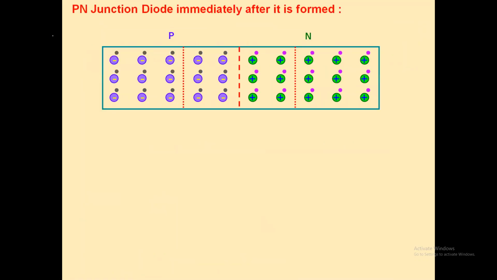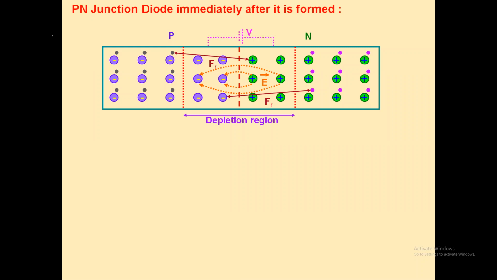Now see what happens when the P and N type semiconductors are combined together. A few processes are initiated. One, electrons from the N region and holes from the P region combine near the boundary. So in the P region the negative ion layer is formed, and in the N region the positive ion layer is formed. This layer near the boundary is called the depletion region. This layer has a certain potential that is called the barrier potential. Now you can read it.